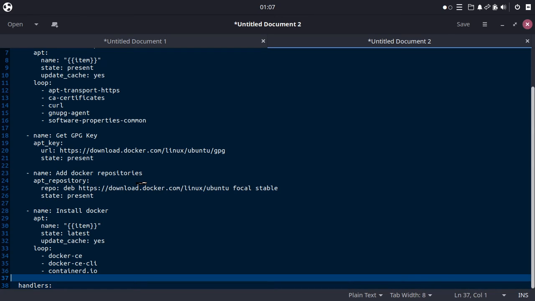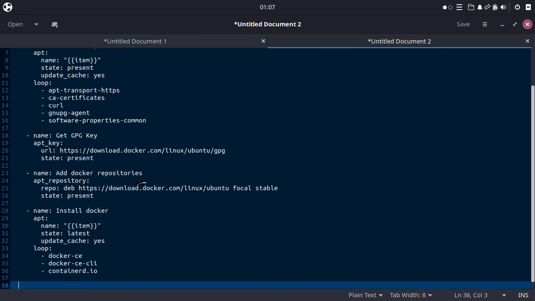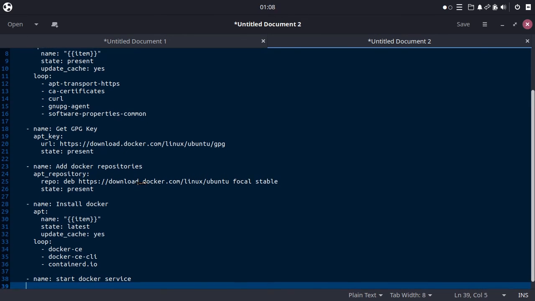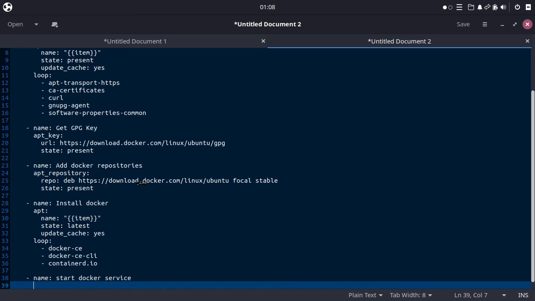Now we also need another task to start the Docker service. So name: start service. We need to specify the service.